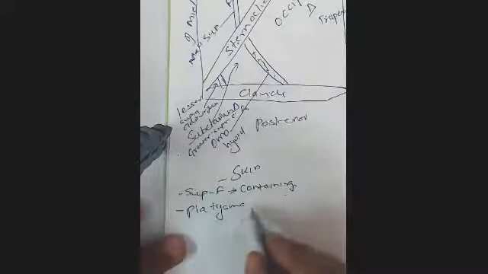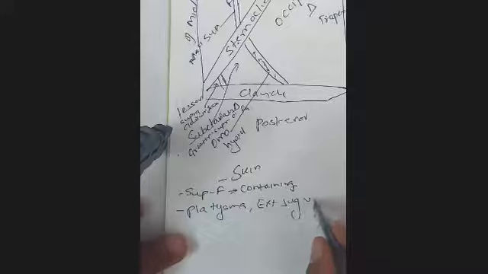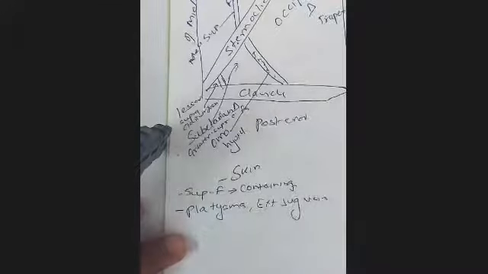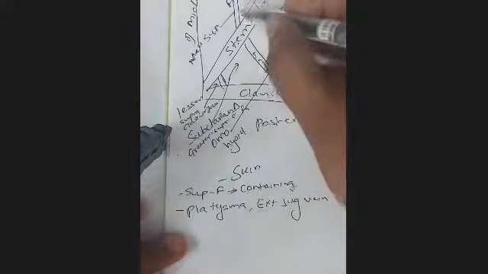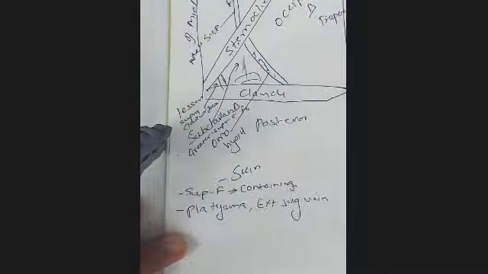Then there will be external jugular vein. We saw the formation of the external jugular vein, how it is formed by the union of the facial vein and anterior division of the retromandibular vein. The common facial vein unites with the anterior division of the retromandibular vein to form the external jugular vein, which drains into the subclavian vein. So that external jugular vein will be coming somewhere here where there will be the subclavian vein, and it will be draining into it.